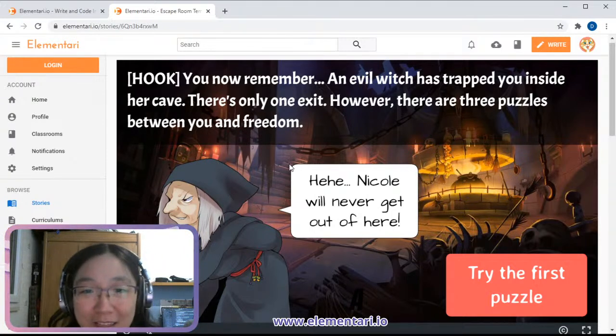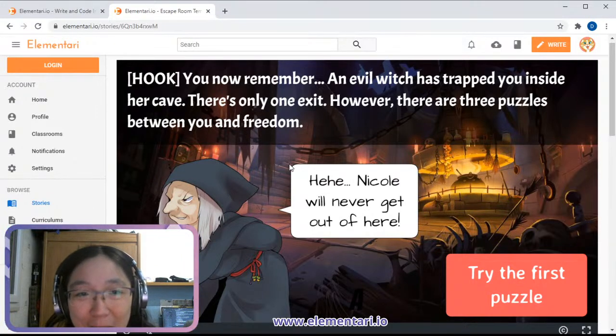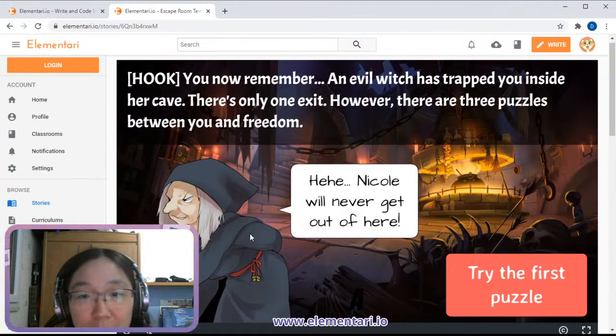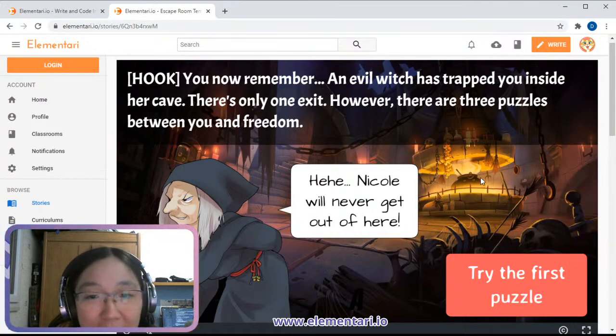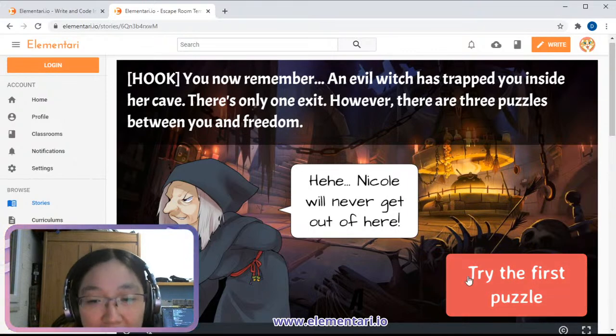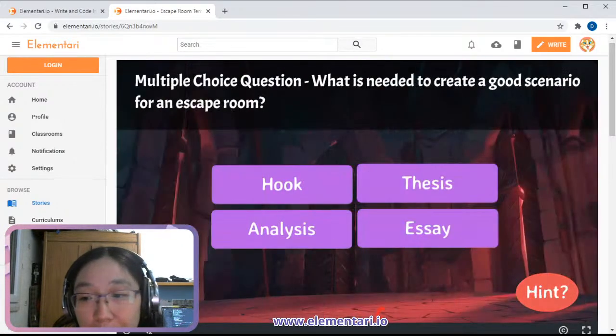They were originally a video game. The oldest one was like 1980 something, a text adventure game. And that's where the term escape room comes from, because it was a point and click game where you would have to click on certain things to try to figure out what to do and then find the lock and escape.